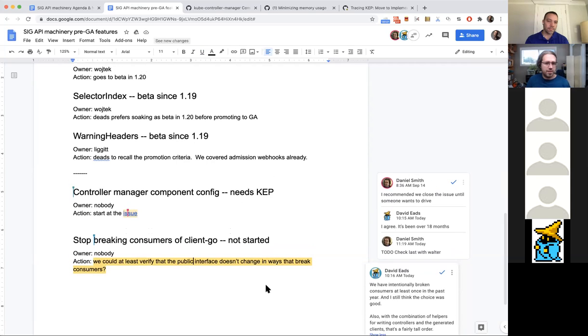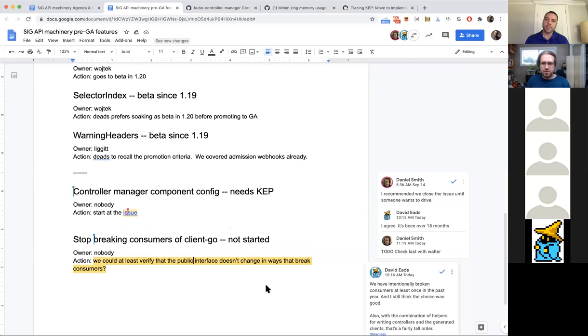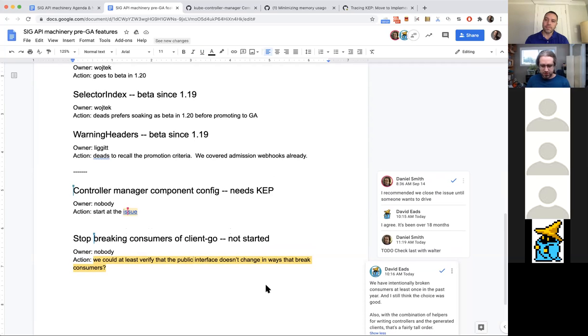The only thing I can think of is a pre-submit test that lists all the public packages and methods and warns us when they change. That still wouldn't get 100% of the way there, because you could have breakage that doesn't show up in the public interface. But anyway, this could use an owner if somebody's interested in helping our users not hate us.